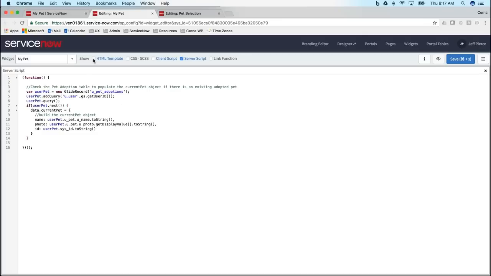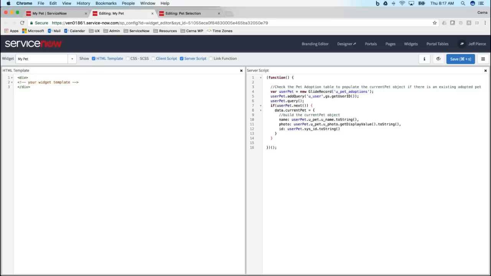So let's leave that for a second, and let's start building our template. So what's the first thing the user is going to need? The user is going to need a button to open up the pet selection modal. So here's the template that I'm starting for the button. I put a button element inside a div, and you'll see on this div, I use this ng-if. That's an out-of-box Angular directive